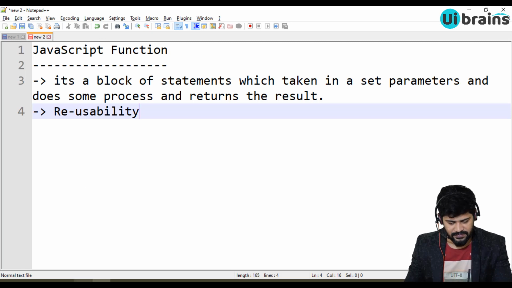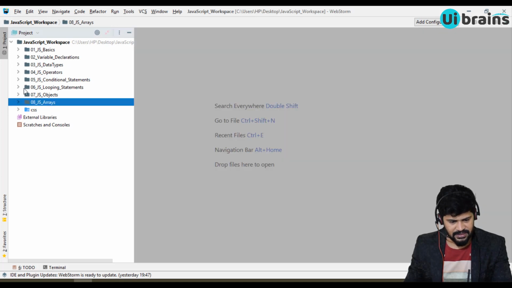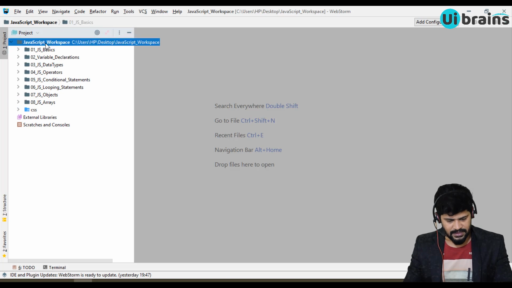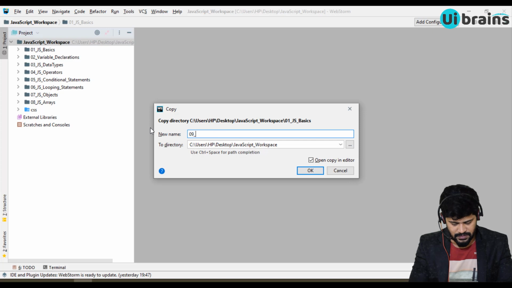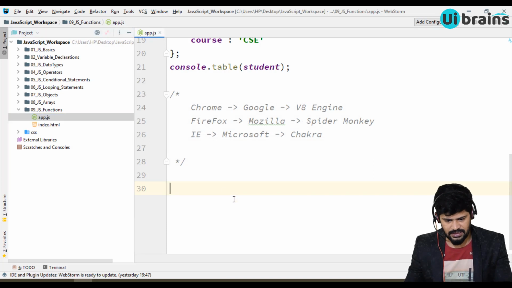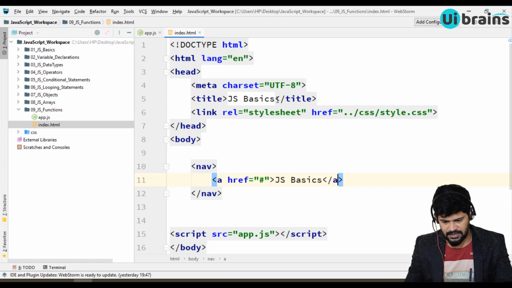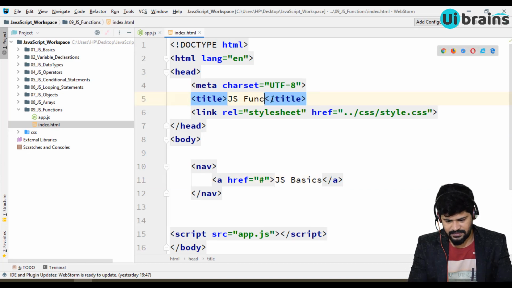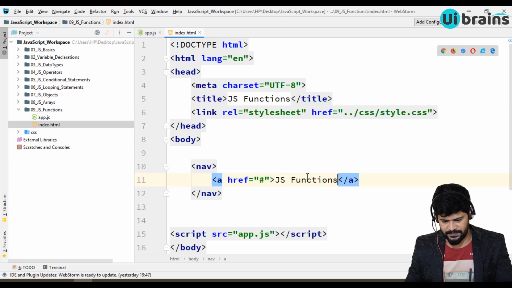First of all, I'll close this. I'll copy the first folder and paste it. I'll change the name to 09 underscore JS functions. Here we don't need this. In the HTML, I'll change the title to JavaScript functions, and this is also functions.